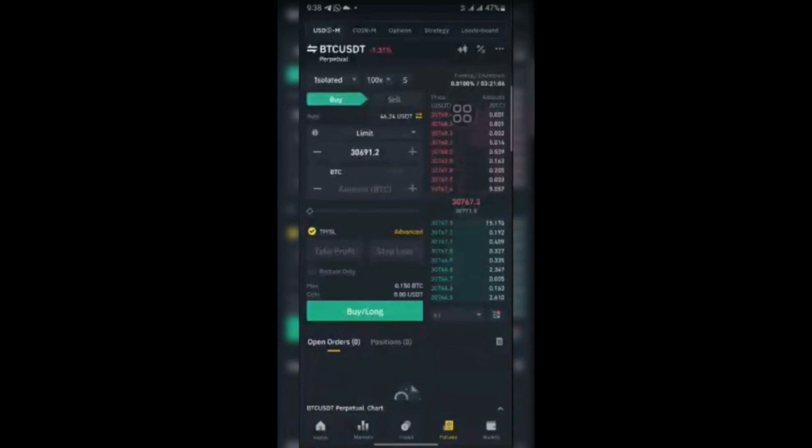So that's that about that. Now look at this place. You can see price. This one is red. This one is green. So this one is showing us the amount of people that are placing short orders. This one is telling us the amount of people that are placing long orders. And this is the price they want to long. This is the price they want to short. That's what this one is telling us. This is the current market price. BTC is currently at 30,772.8. Do you understand? So that's that about that. Do you get it?